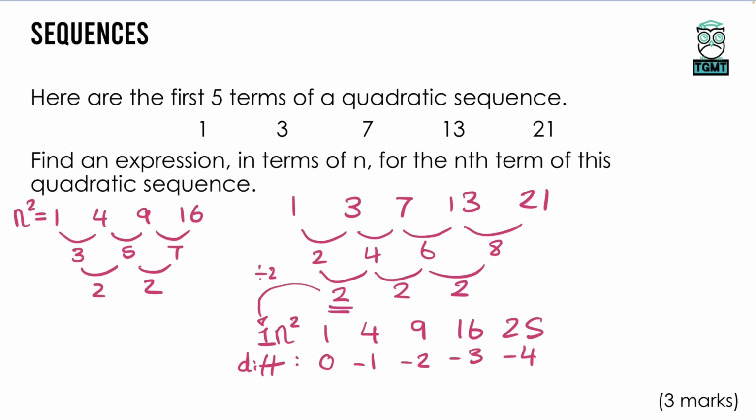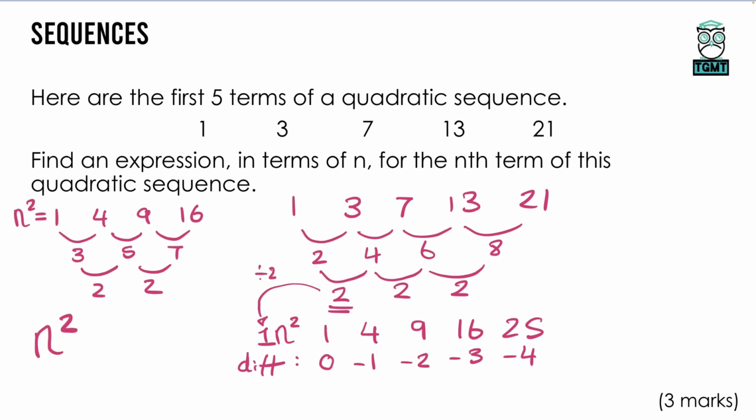Now ideally, we want this difference to be a fixed number. If they were all minus 1 or all minus 2, we could finish this nth term off and just say n squared minus 1 or n squared minus 2. Unfortunately, we have got the hardest version here, and that's where we now need to find the nth term of this sequence here. Now one thing we can do is we know the nth term starts with n squared,